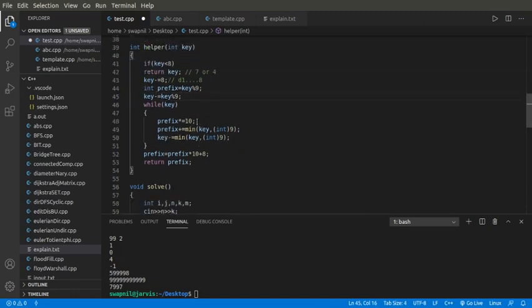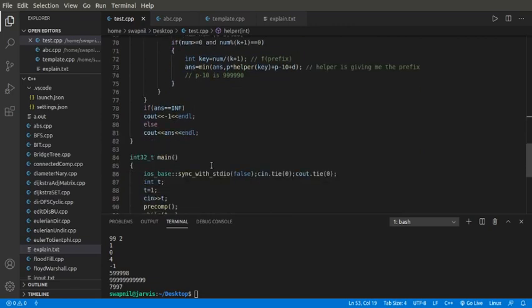I'll just raise the prefix to some powers, and I'll keep on adding the minimum of key or 9, and I'll keep on subtracting it from the key. At last I will raise my formed prefix to a power of 10, multiply it by 10, and add the value 8 over here, so that my prefix will be formed something like 1999 into 10 plus 8. Okay, so I have written the prefix over here.